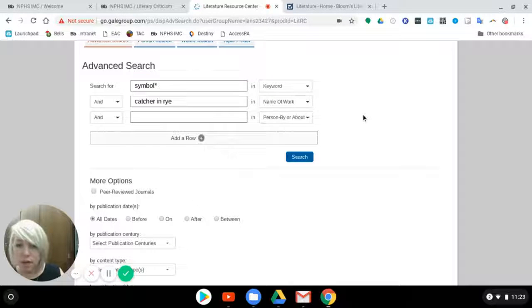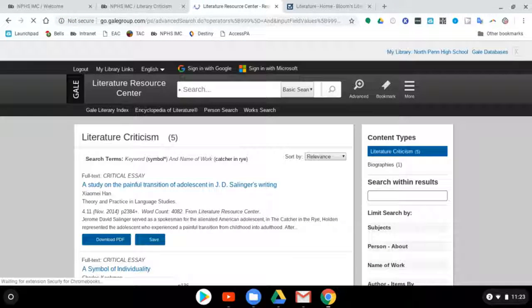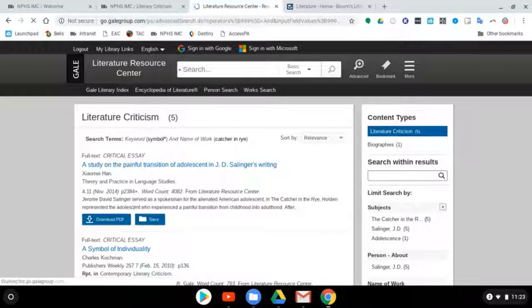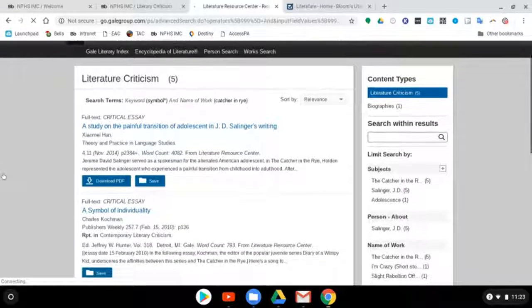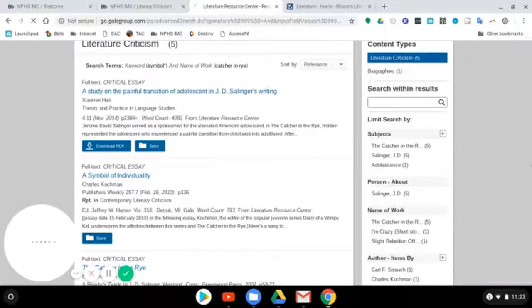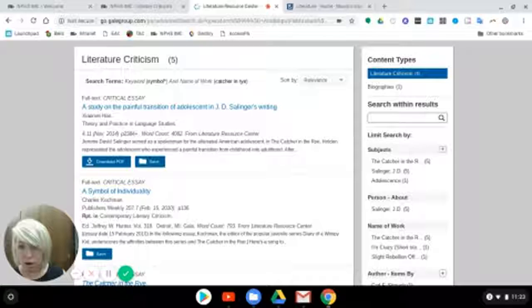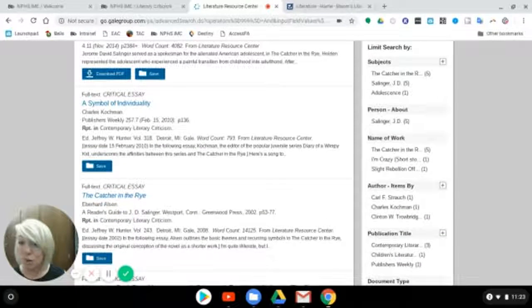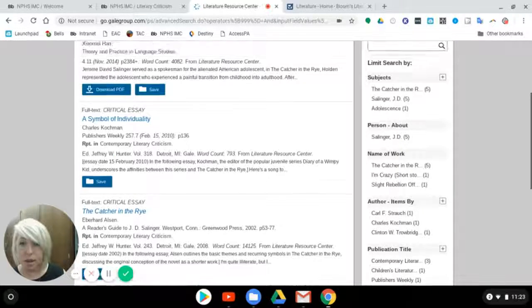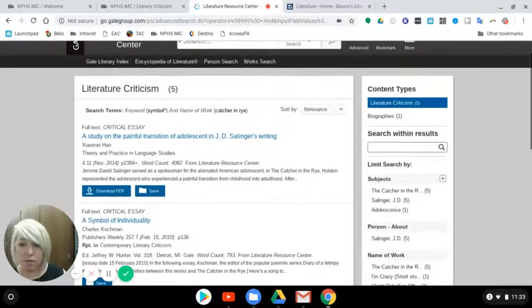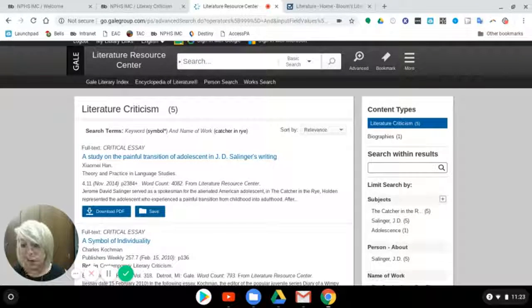And again, I'll just click out of that and click search. And you can see I got 5 with symbols or symbolism in it and Catcher in the Rye for the name of the work. So again, 5 is a really good number to ensure that the results are relevant to my topic. Now, if I was looking for a specific symbol like ducks or the red hat or something like